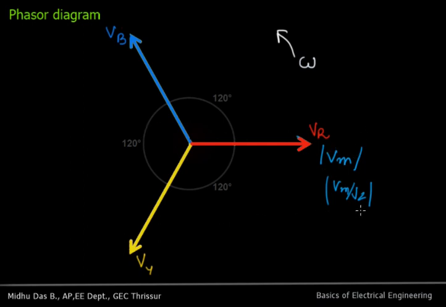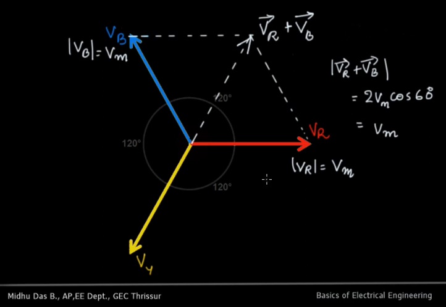You can represent the phasor diagrams using its RMS value also. So here you can also observe that if you take the resultant of VR and VB, what is the result? This phasor VR plus phasor VB, what do you get? You draw, complete a parallelogram here, and the diagonal of this parallelogram will be the resultant of VR and VB. You can see the magnitude of VR plus VB is 2 Vm cos 60, or it is equal to Vm